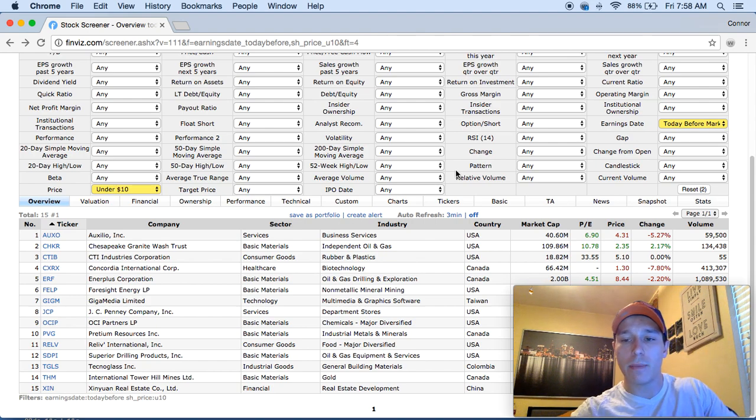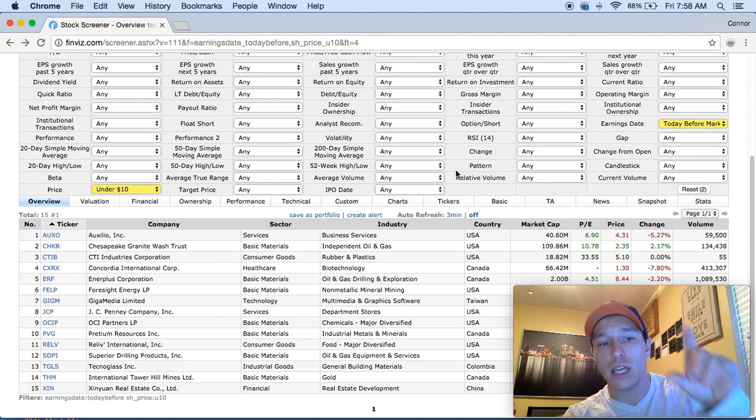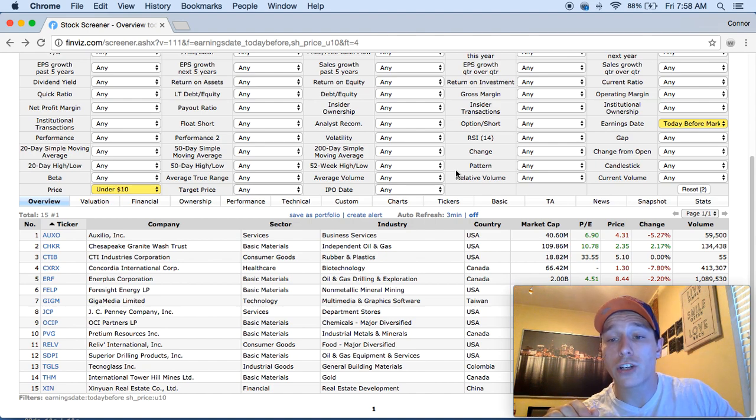Another quick helpful tip, if you trade on Robinhood, and you take any of these tickers, so we have AUXO, CHKR, and CTIB, whatever they are, you could take all of those tickers and you can then put them into your watch list on Robinhood, and then Robinhood does a lot of the work for you. If you have the ticker symbol in there, it will actually provide you a link for each ticker to join